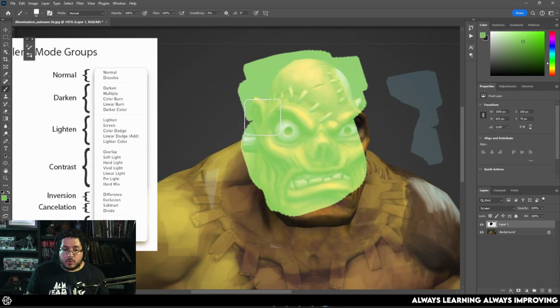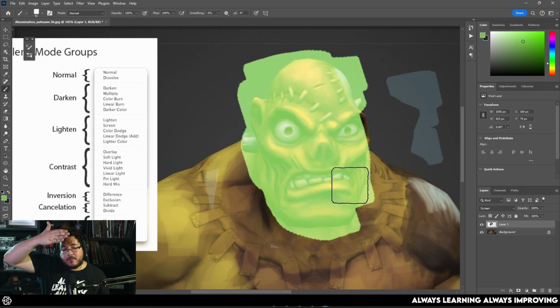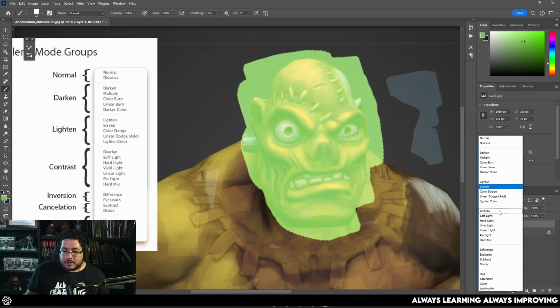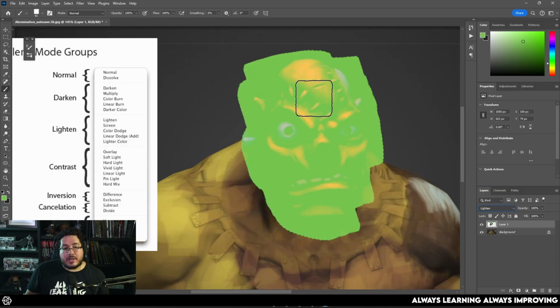If we paint, right now we're in Screen, and as you can see, it's kind of like a veil, a little layer that's just on top of the object, but it's not really giving you any blend. And if you go to Lighten, you will get a blend, okay? They will be comparing colors, and you're going to be getting a little bit of a blend right there.